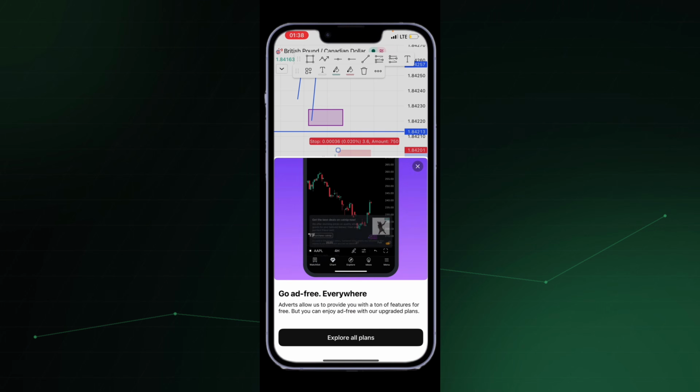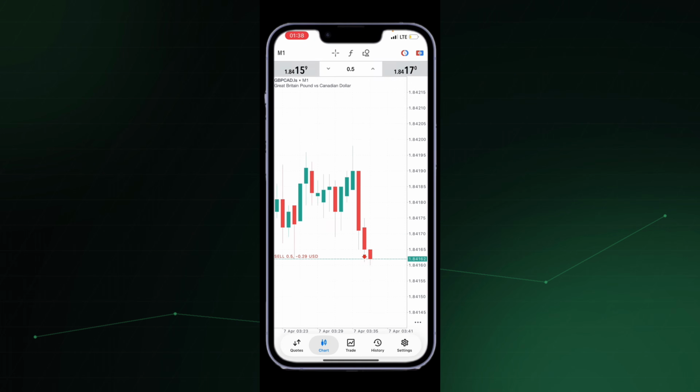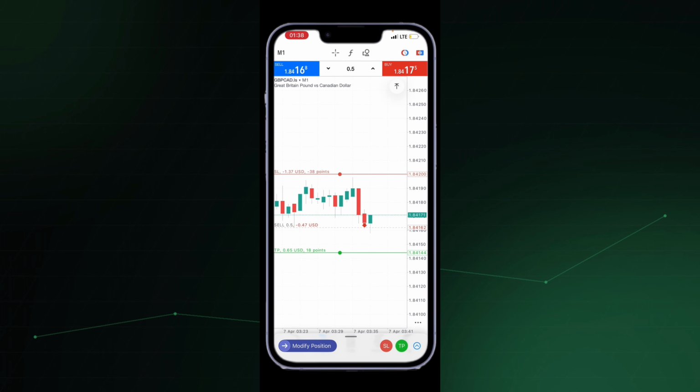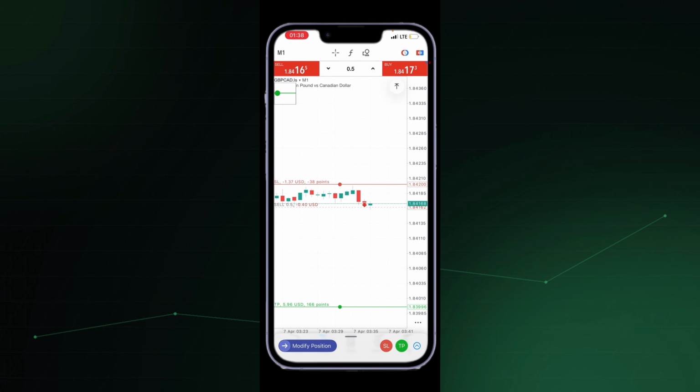Let's just say I put it at 1.8200, so I'll come to stop loss, 1.8200. And then this is your take profit over here.